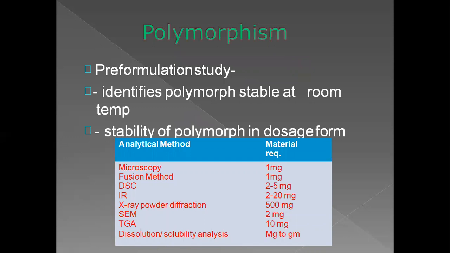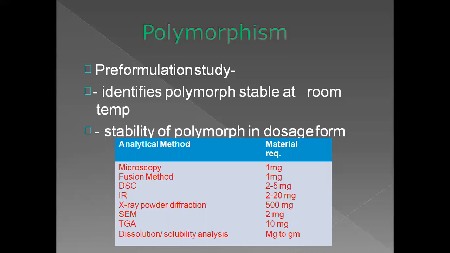In the pre-formulation study of polymorphism, we have studied that some elemental substances, such as carbon and sulfur, exist in more than one crystalline form and are said to be polymorphic. The basic thing is that polymorphs generally have a different melting point, X-ray diffraction pattern, and solubility, even though they are chemically identical. So there are various methods that can help us to know that a compound is a polymorph.